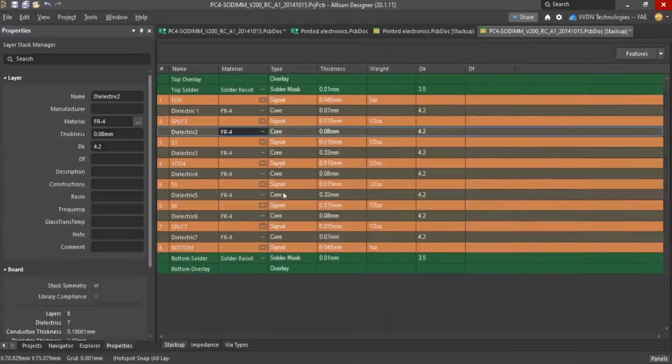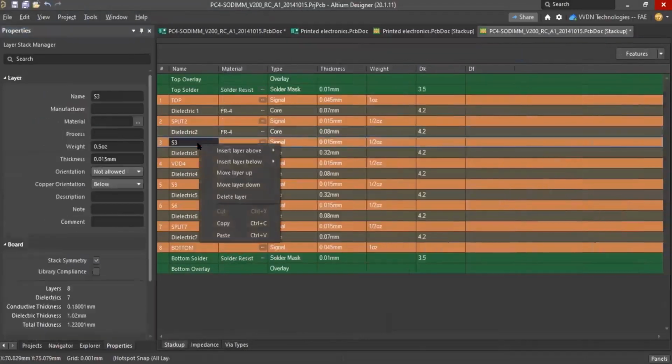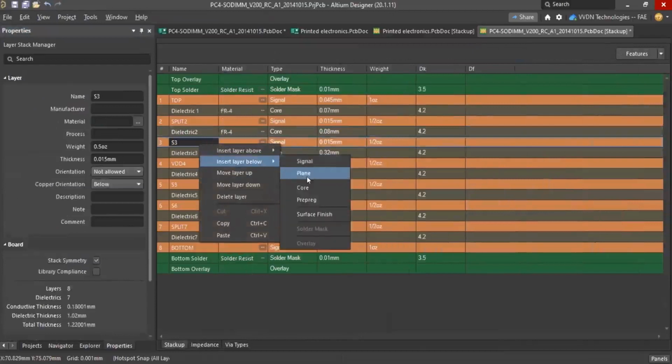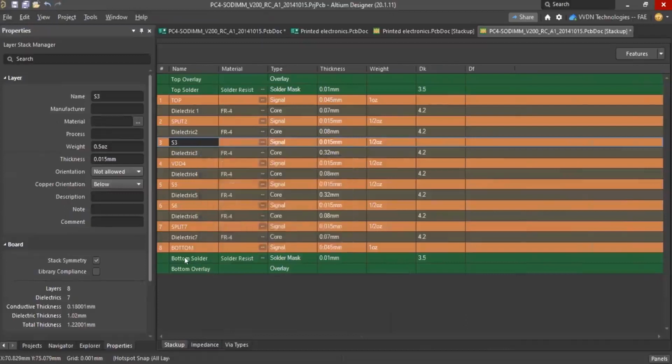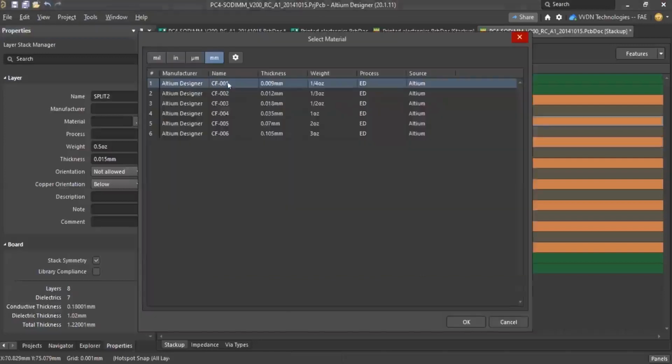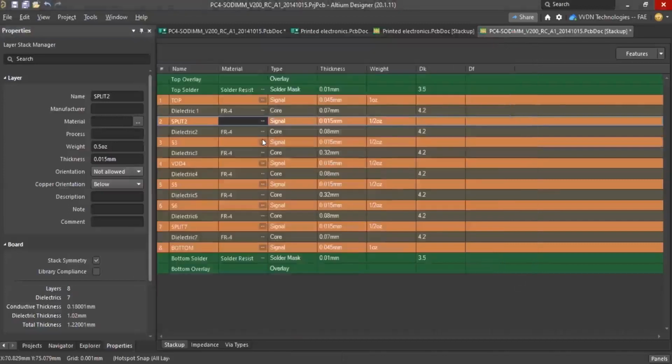So stack up, maybe you are aware of how to add the layers, inner layer, signal, plane layer, whether you are adding the copper layer or prepreg. Even you can include the surface finish now. Okay, this solder mask and all. And in the property window here, there is a material selection window. Okay, different types of copper materials and dielectric materials.